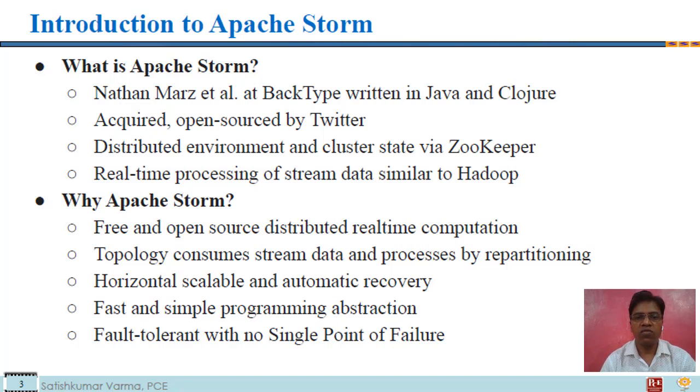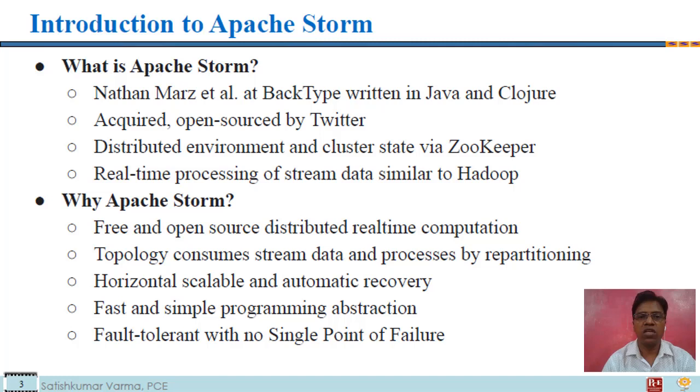Apache Storm was written in Java and Clojure and created by Nathan Marz and team at Backtype, which is a social analytics company. Later, it was acquired and open sourced by Twitter to process real-time stream data in parallel. It is easy to set up and manage a distributed environment and cluster state via Apache Zookeeper. Very useful as it is simple, free, and open source, easy to set up and process real-time stream data